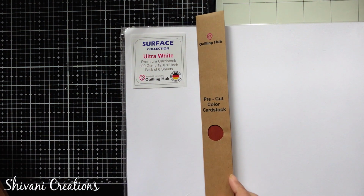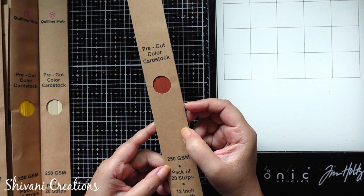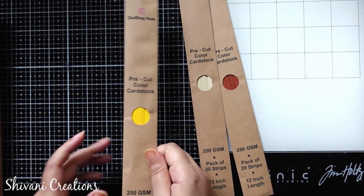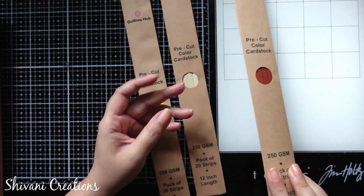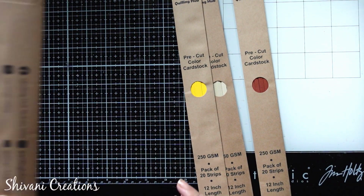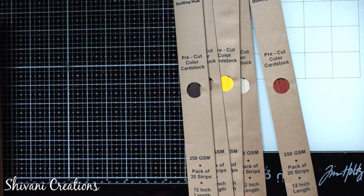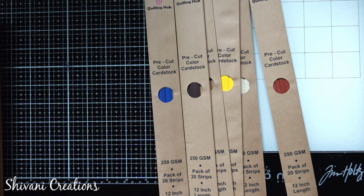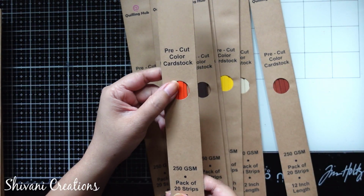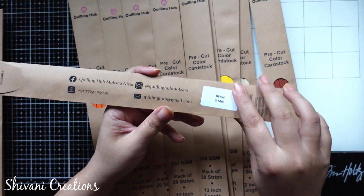After that I got these beautiful pre-cut colored cardstock strips. These are 5 mm and each strip is 250 GSM thick, and on the back side you will get the name of the color. So this is clay brown, this is biscuit cream, this is bright yellow, then light yellow, chocolate brown, royal blue, craft brown, dark orange, bright orange, beige,